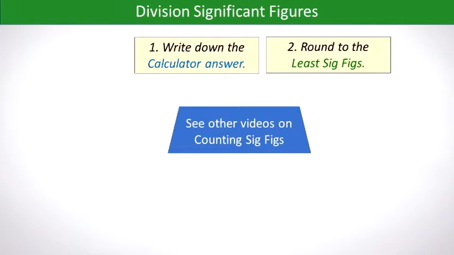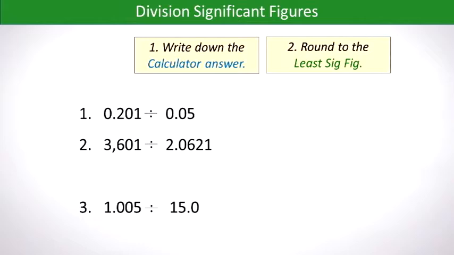Next, let's consider the rules of division. They're exactly identical to the rules of multiplication. Write down the full calculator answer. Round to the least sig figs. We show you these particular problems that we punched through in the calculator,